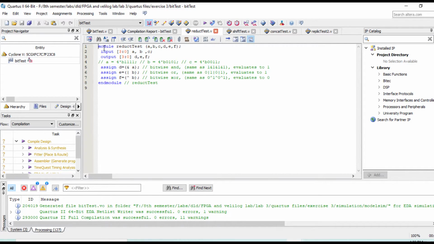For example, here you can see I am explaining the code in front of you.